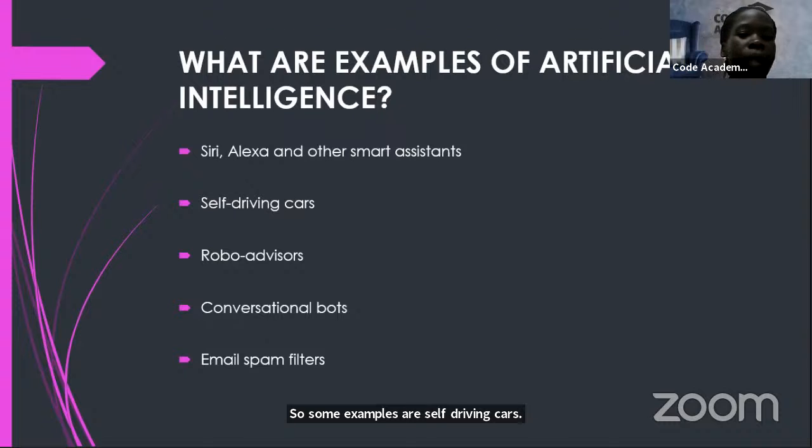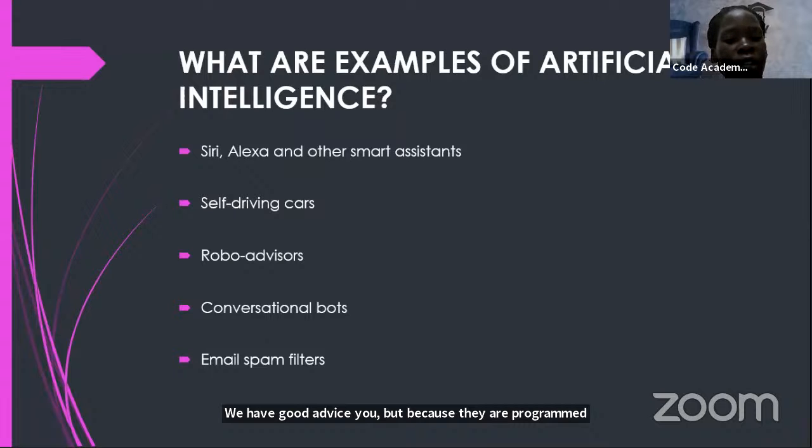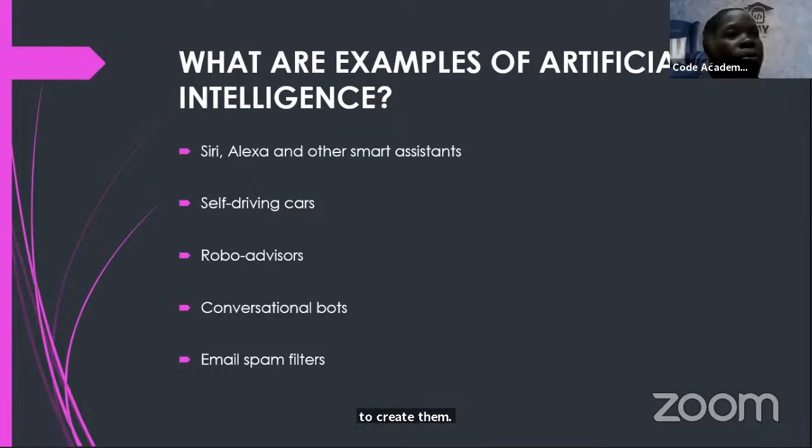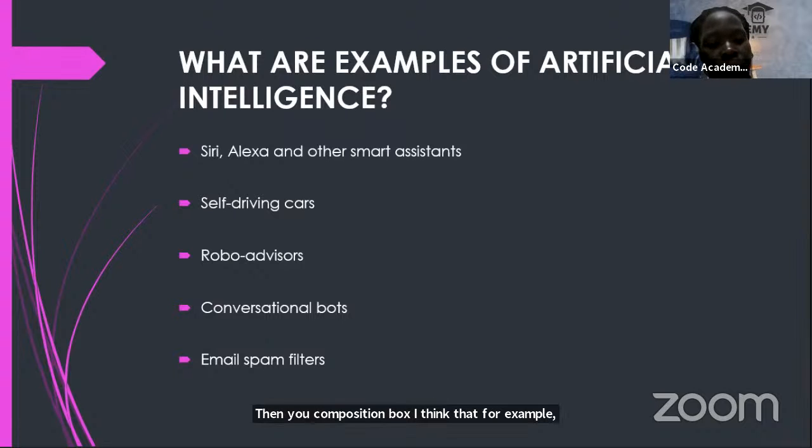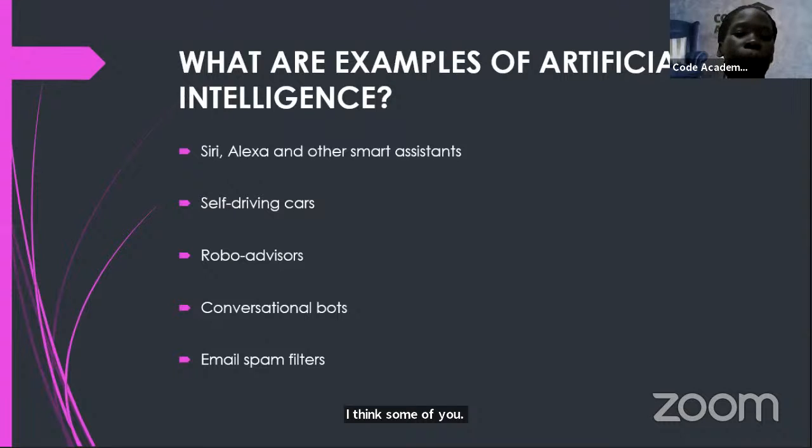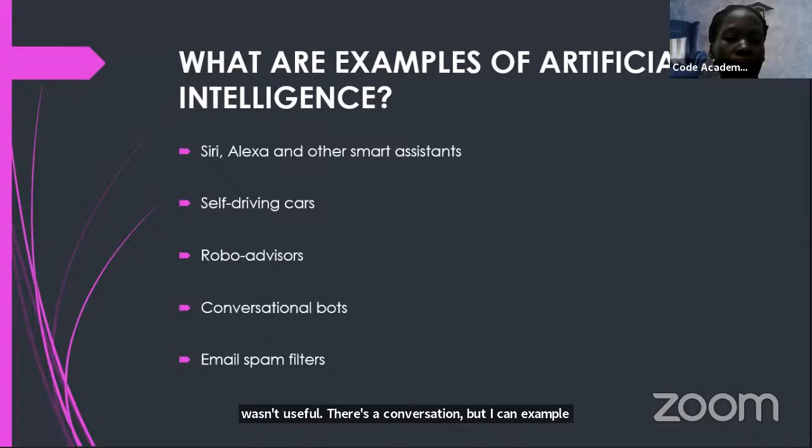They can advise you, but because they are programmed, you create them. Then conversation bots. For example, sometimes if you go on a website, I think some of you have not yet interfaced with that, but it can be a conversation, like an example of a conversation bot.